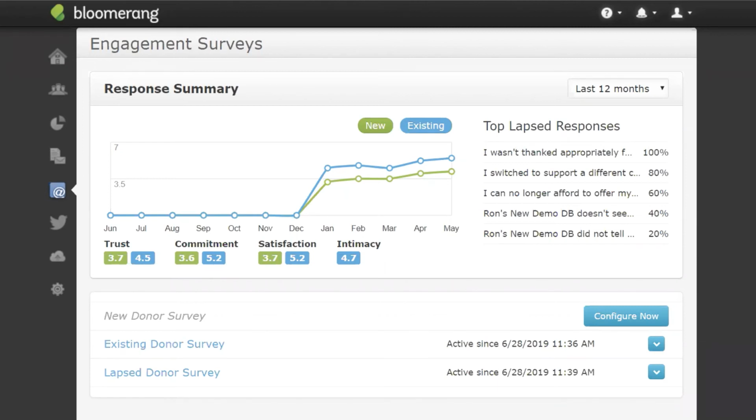Hopefully then, if you are in fact doing some sort of quarterly newsletter or e-newsletter, sometime between a month and 3 months after they become a donor, they're going to get that normally. And so if you've done 3 or 4 of those things we just talked about, then you've probably done a pretty good job of letting this new donor know that you know they're a new donor. You're putting some thought into your communication with them,